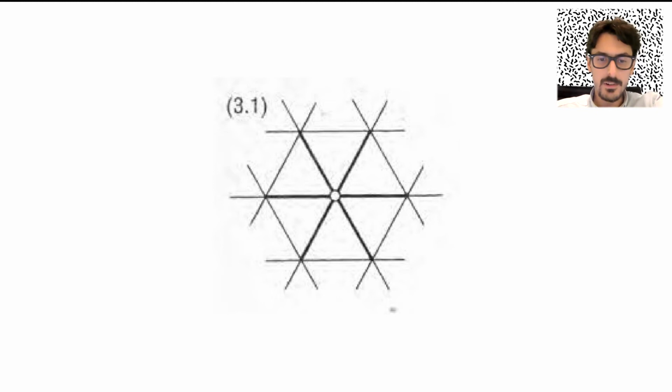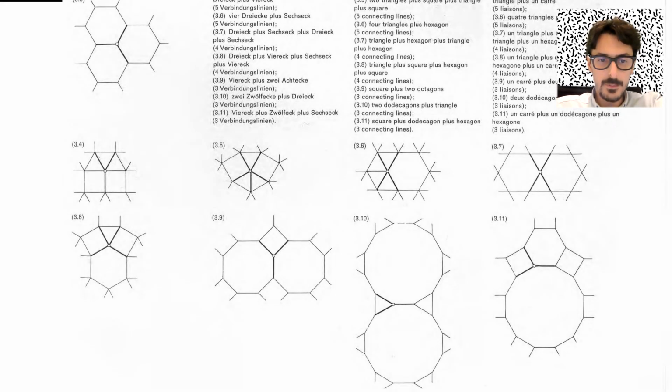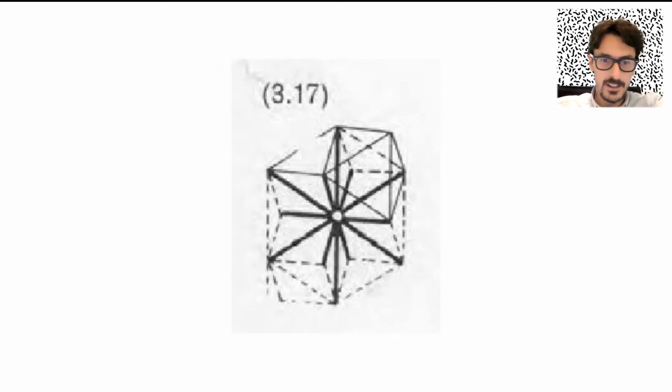In two-dimensional matrices, we have, for instance, 6 triangles equal 6 connecting lines, 3 hexagons equal 3 connecting lines, and others. As for three-dimensional matrices, we have instead rhomboid dodecahedra equal 8 connecting lines, tetrahedra and octahedra equal 12 connecting